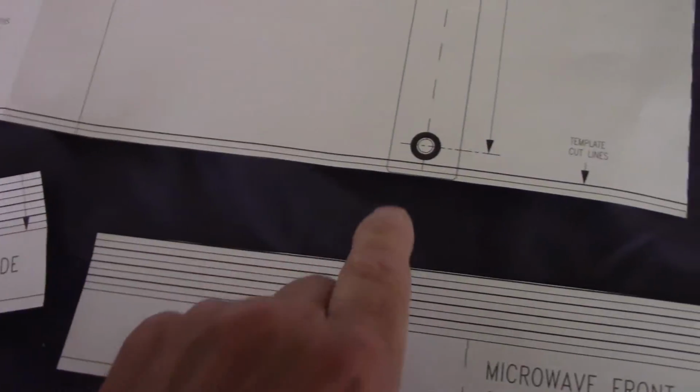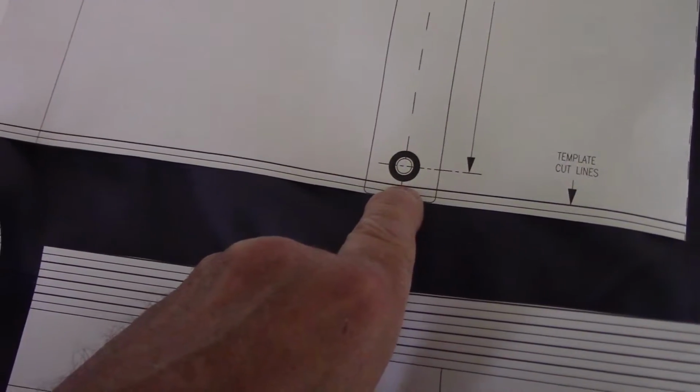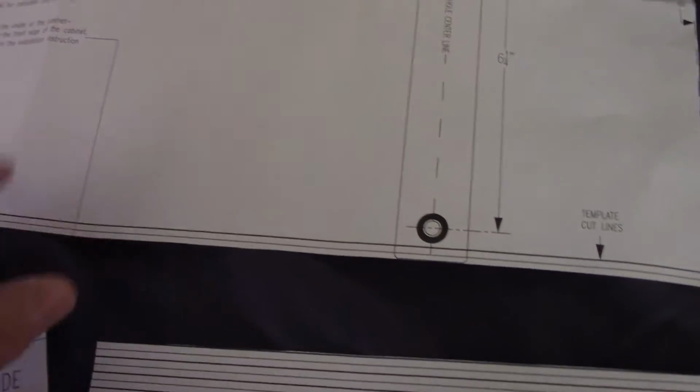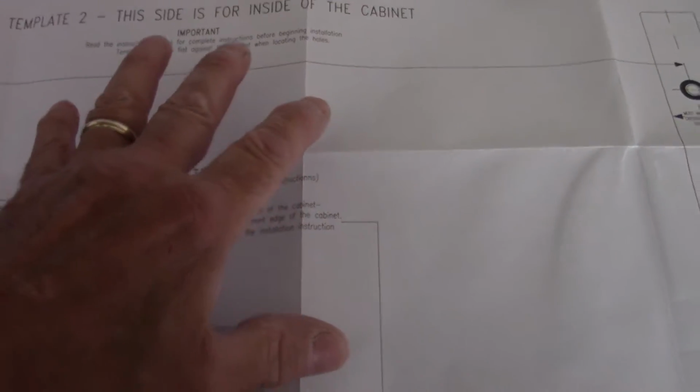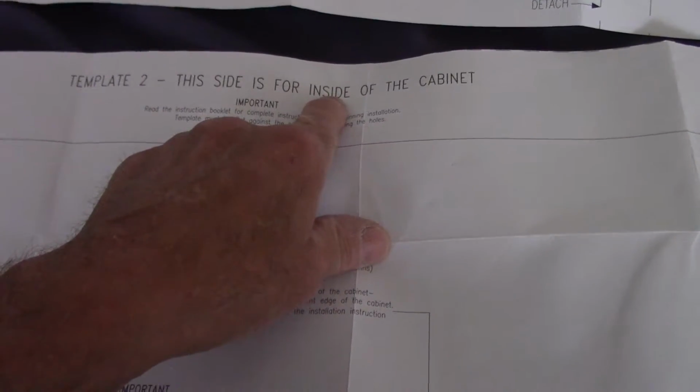Okay, so we can put this inside the cabinet, and this is how the microwave will mount up against the cabinet. I want this hole here as close to the front as I possibly can get it, and as you can see, these are not exactly straight across from each other. You see the difference? All right, so now when you put this template in the cabinet, make sure you have it the inside of the cabinet template, because on the other side is the outside